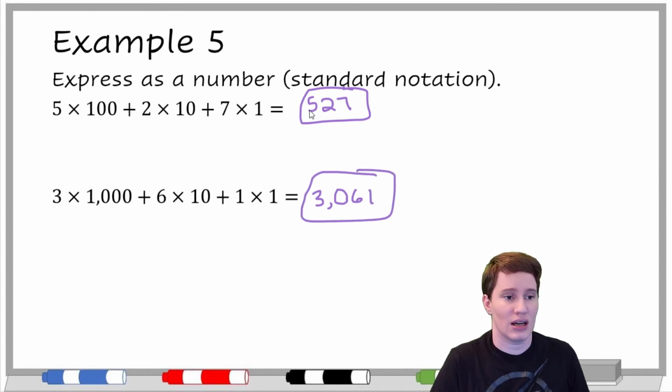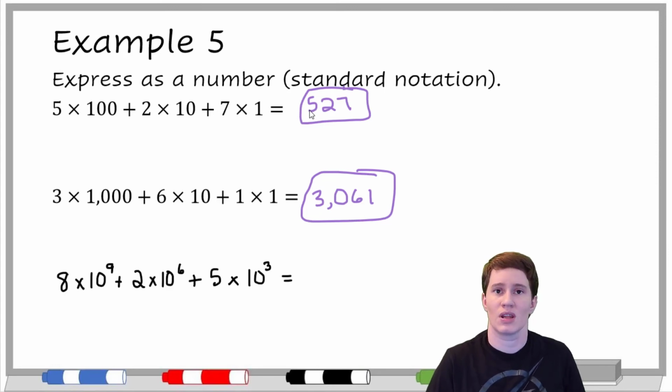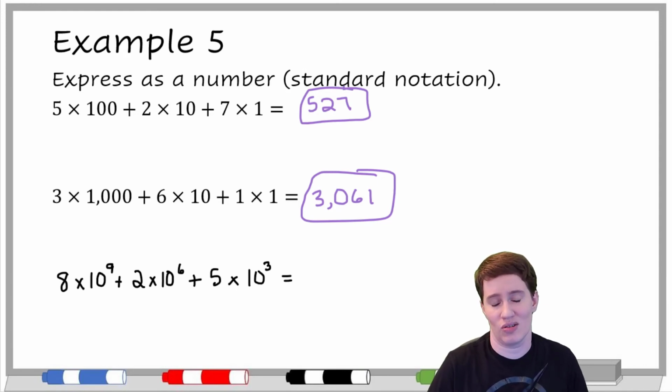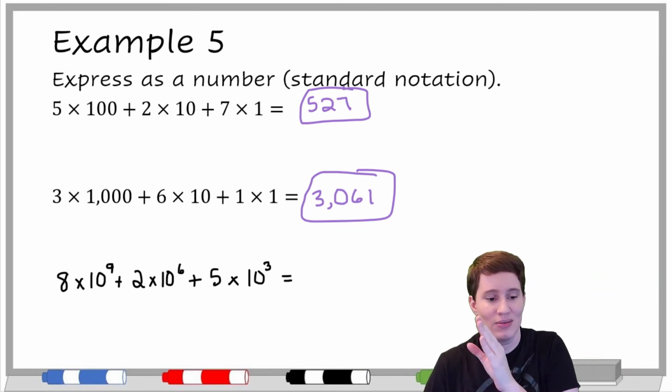Now I'm wishing that I had done another one in expanded notation. So let me do that real quick. Not expanded. These are in expanded. Exponential notation. Voila! We've got a new example here that we can look at. So I made this one a big one in the hopes that we will see how it is faster and easier to write it as exponential form instead of having to write out all those zeros. So 8 times 10 to the 9th power means that I have 8 followed by 9 zeros, but